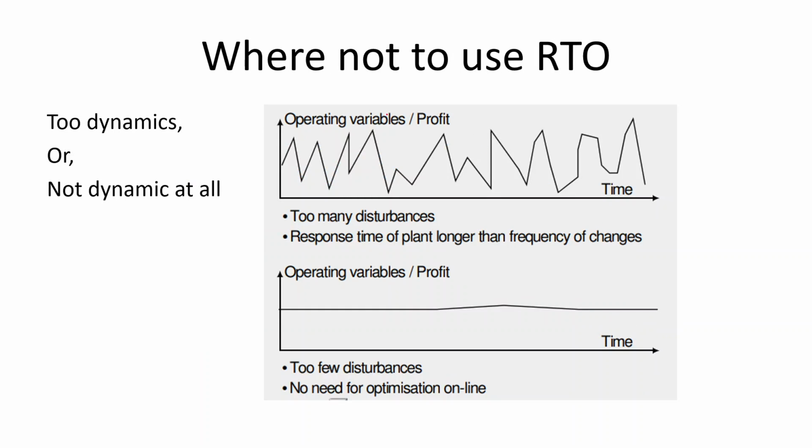But if you have something like this, it's very dynamic, with too many disturbances which we don't know. Is this really a disturbance coming from the very crazy plant, or do we have strange data out of nowhere or whatnot? There are some lags. These are the things that we don't know, and then it's very difficult or too much effort to debug the plant. So we are advised to avoid using RTO for this situation, and also if it's very consistent, there's no need